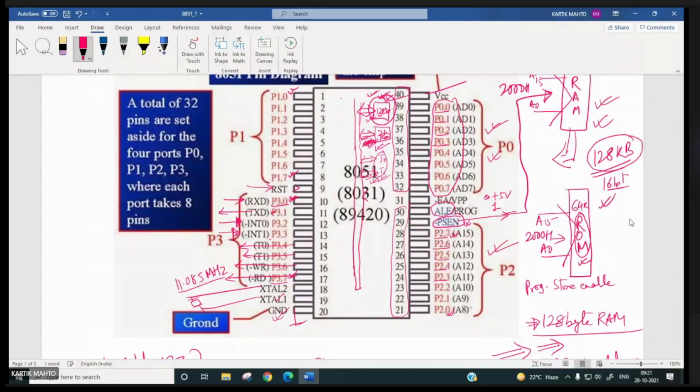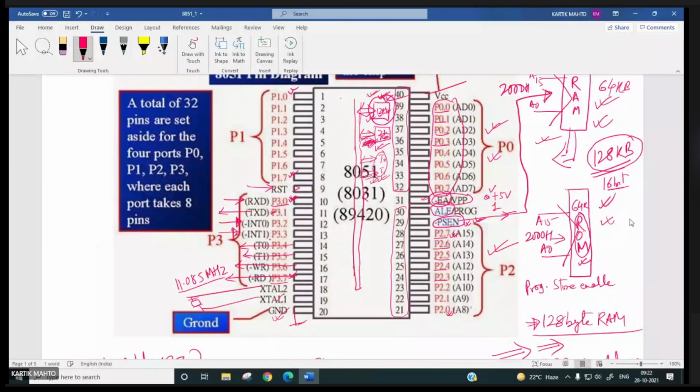Out of 128 KB external memory, 64 KB will be RAM and 64 KB will be ROM. Why? Because of this PSEN bar. Now, when the microcontroller is accessing external memory, not internal memory, at that time this external access pin, pin number 31, has to be connected to 0 volt.